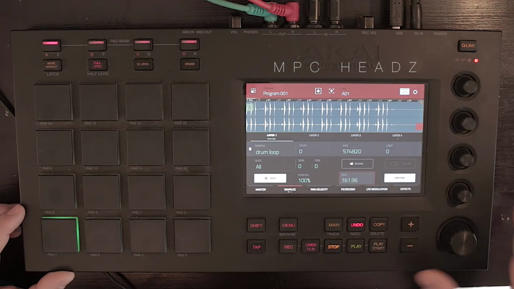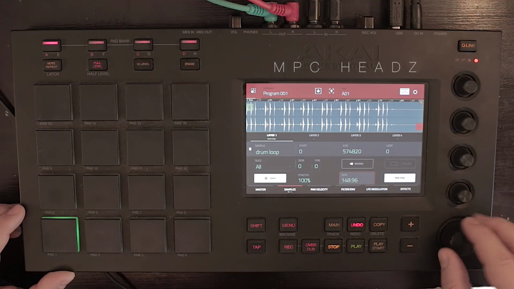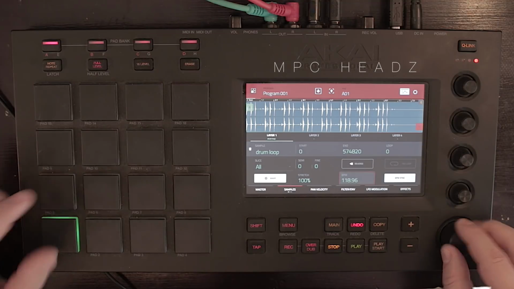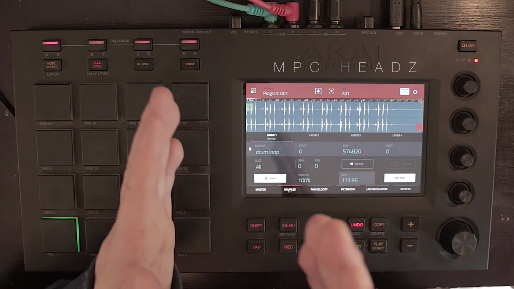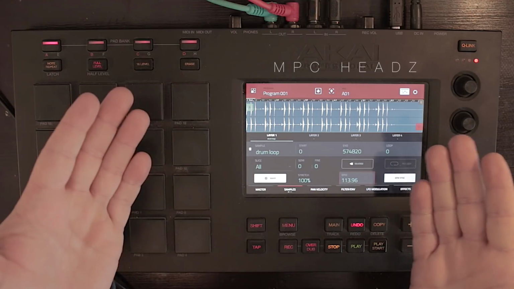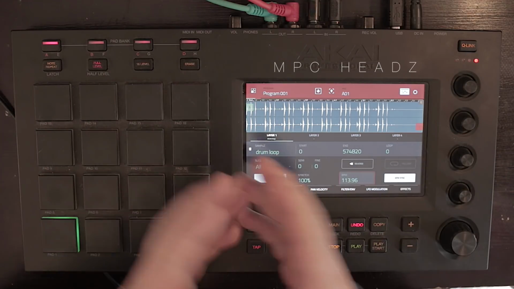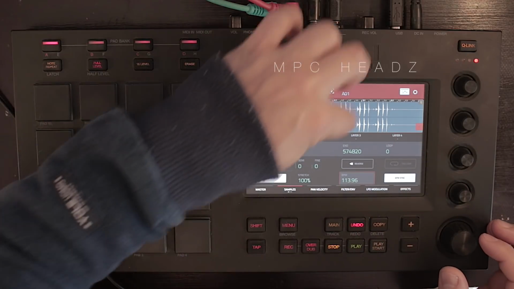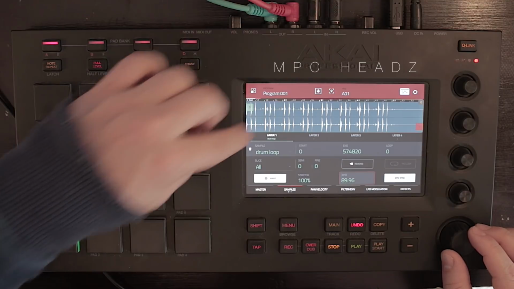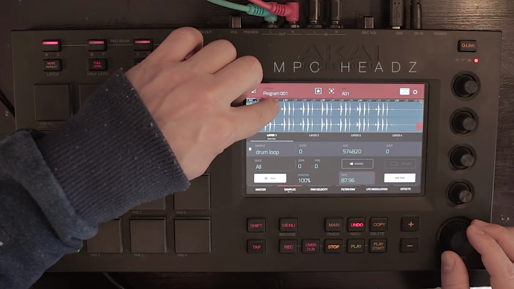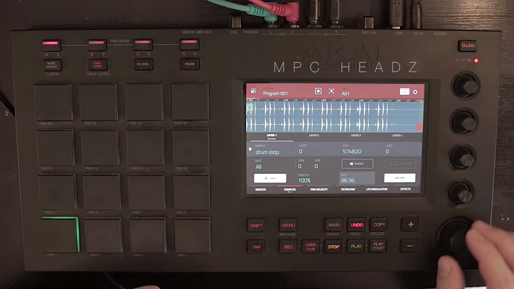So we already said that the BPM is 87. Okay, and you'll see that the bars right there will actually fit very well because it's a drum loop. All the transients are popping out, they're all showing, and you'll see that they are all going to fit very well. Let's have a look at that right there. Boom. Okay, that's it. 87,